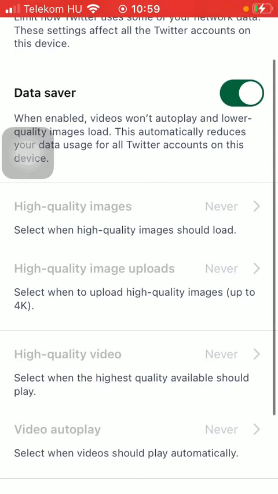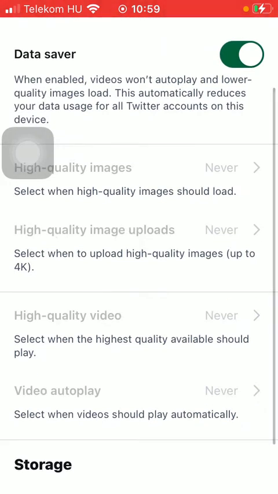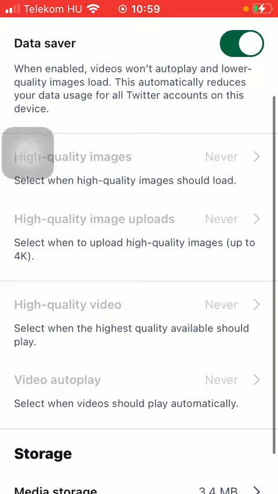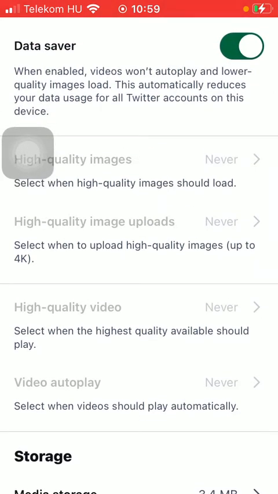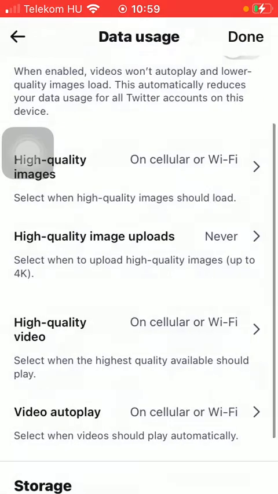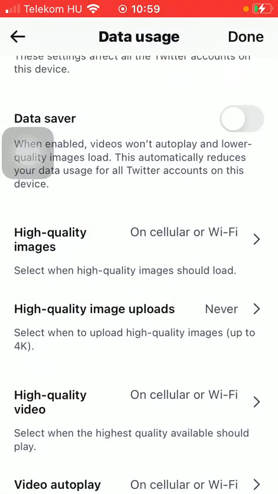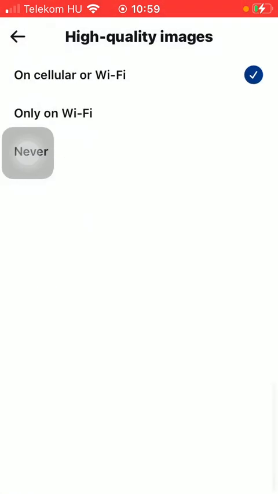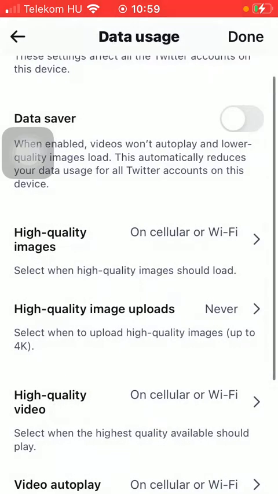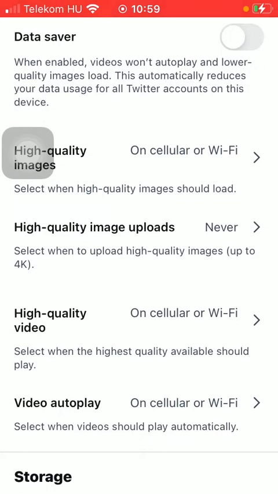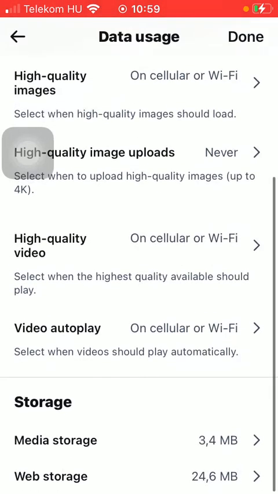You can select when high quality images should load. It's now set to never, but if you want to change it, just simply click on the never button and select your option. But you can only access it when the data saver function is turned off. So if you click on it, you will be able to select it. You can also select when to upload high quality images and when highest quality available should play, and when videos